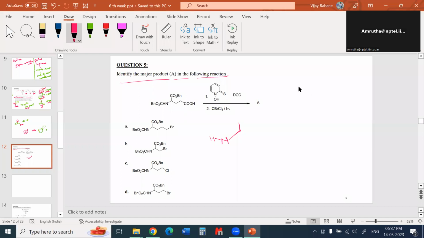So this system has one CO2Bn group, right? For the sake of understanding, we'll split the group so we can find the active site in this reaction. The first reagent is given, and we need to perform a reaction on this. So if the reaction goes on,